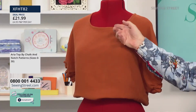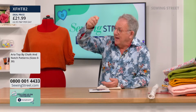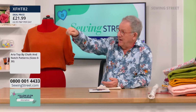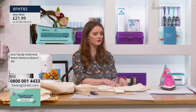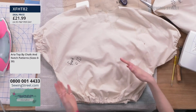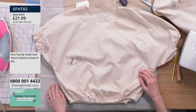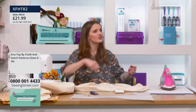Because if you've got to this stage and you've bound it, there's nothing really you can do about it. Whereas that way, you get your felt pen and draw a new neckline on or something. Especially when you work in calico, you can just draw. Like on here, like we were talking about marking earlier. I've just put front CD so I know the difference, because they can look very different. And then you can just mark. And if you've got a dress form that's similar size to you, you can just draw